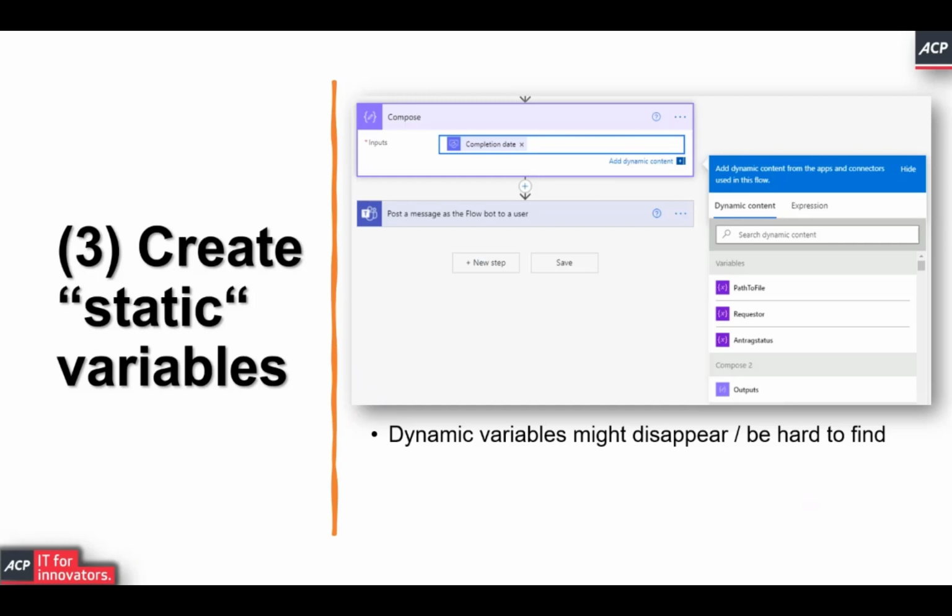And then, of course, you're in a pickle because the name of the dynamic variable might be easy or might be really complex and very hard to guess. That's why I would recommend that you create a static variable and you save the content of the dynamic variable into that for your most important values.